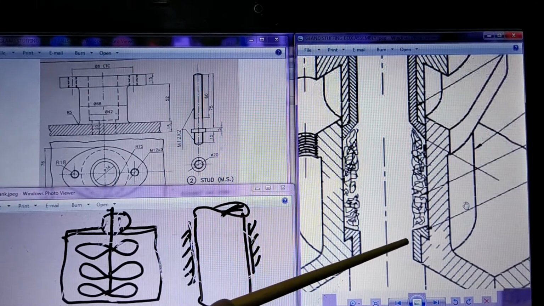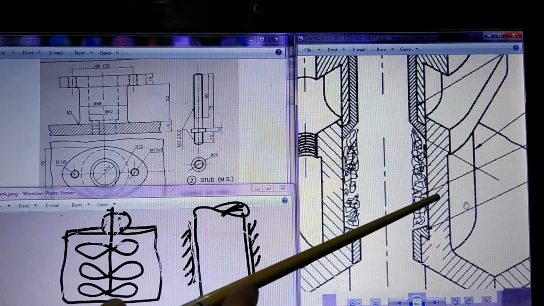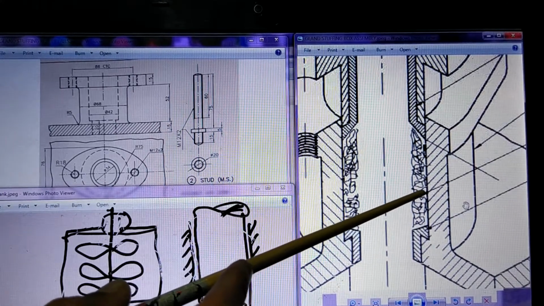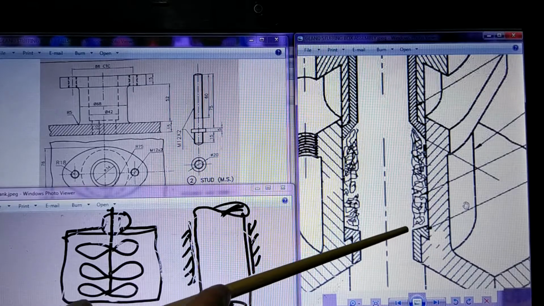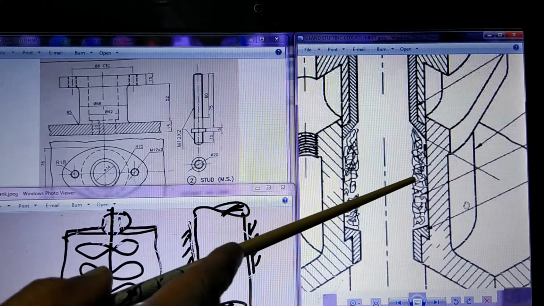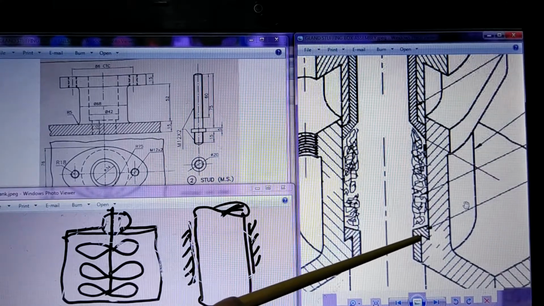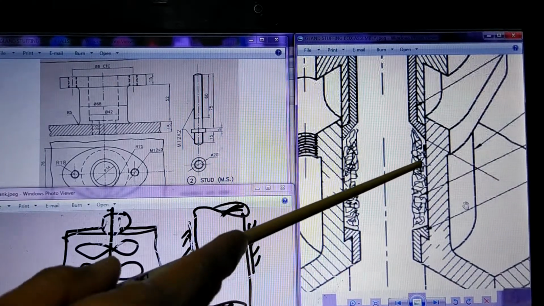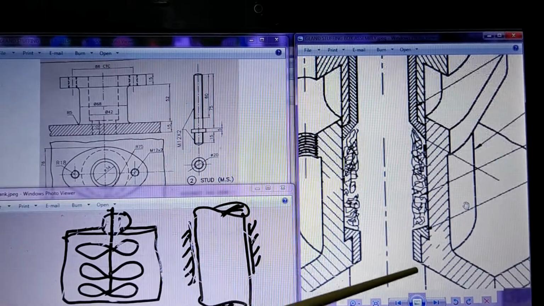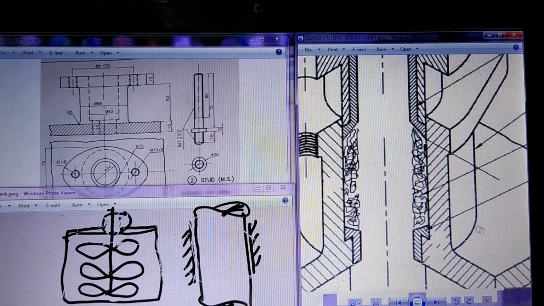So now as you will see, the shaft is supported in the bush with a clearance, and the packing is pressing on the shaft so that there is no clearance. So there is no clearance between the shaft and the packing, and there is a clearance between shaft and the bush. Because of the bush clearance, it will rotate freely. Because of the tight packing, it will not have any leakage. So whatever we wanted to happen here, that is possible.